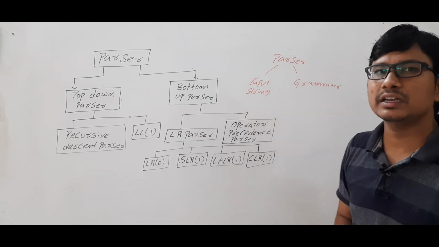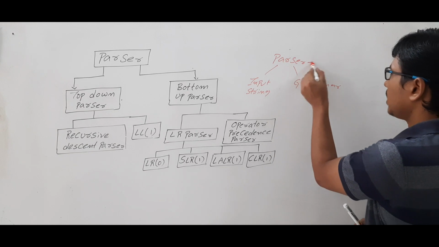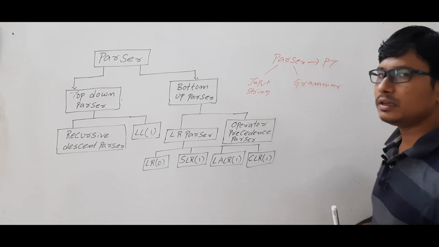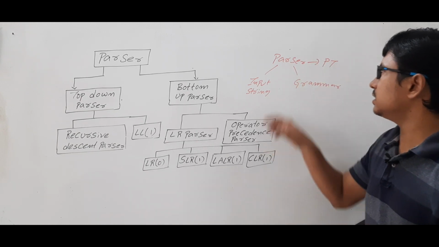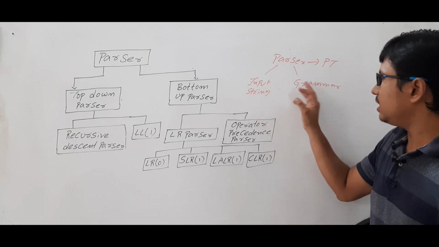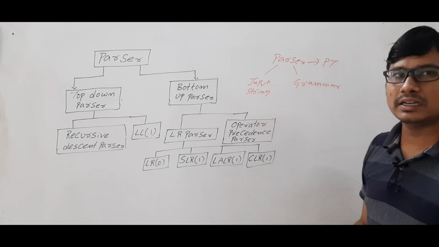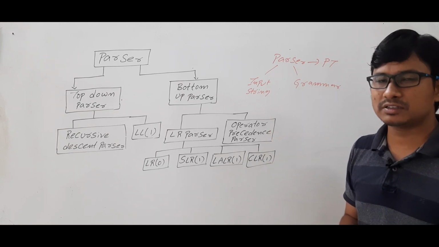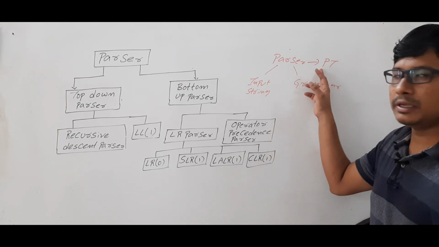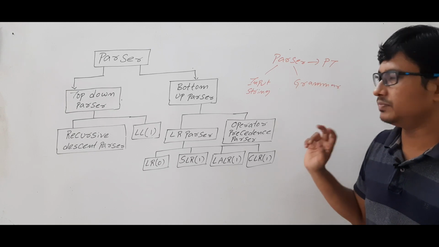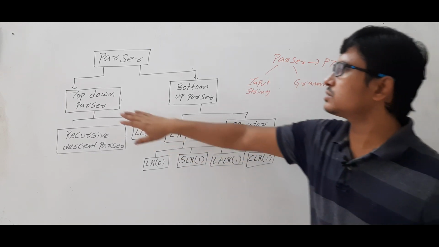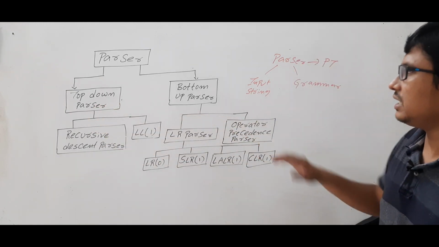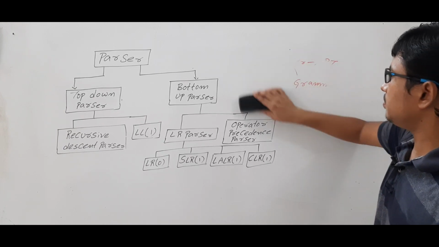If we can generate, what is the parse tree? Am I right or wrong? Okay, so the parser purpose is that it will read the input string and also the grammar and generates the parse tree. Okay, so I hope you have understood the purpose of the parser. It can be a parse tree or syntax tree. Okay, now we will discuss what is a top-down parser. Then I will discuss what is a bottom-up parser.